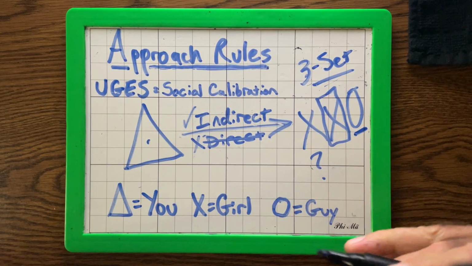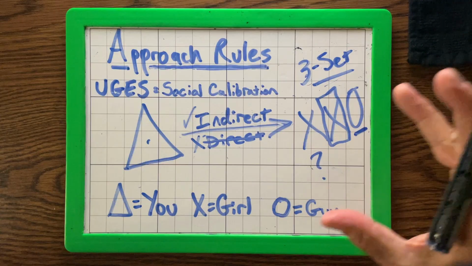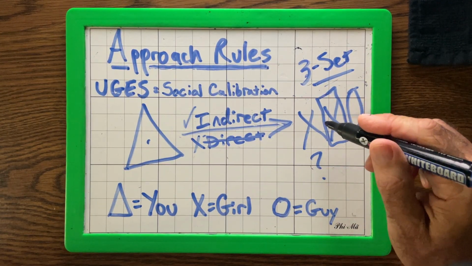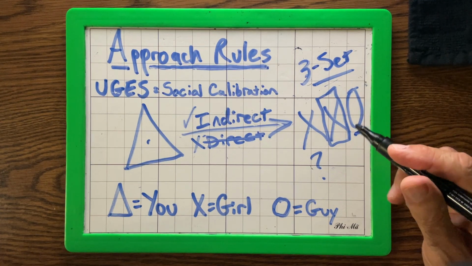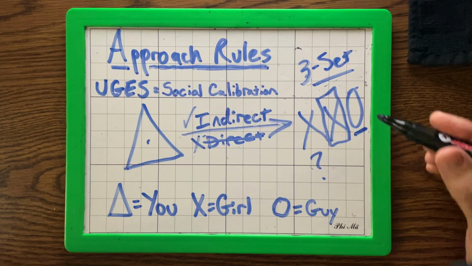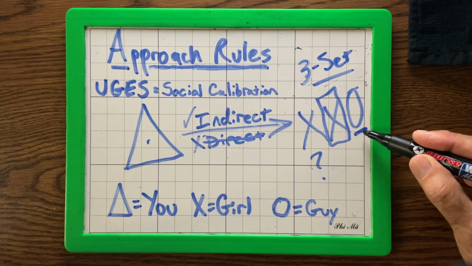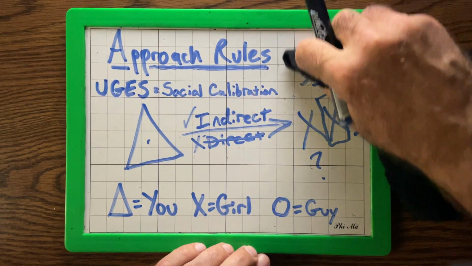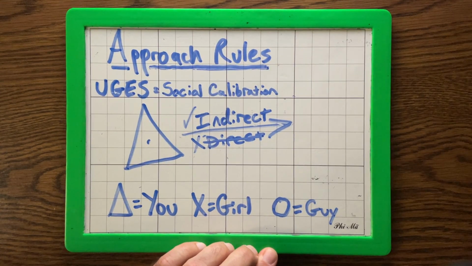Okay? That way you run your indirect cold approach opener just as you would normally. And then you can transition to the girls by saying, hey, introduce me to your friends a few minutes into the conversation. Or, hey, how do you guys know each other? But always open the man if there's a man in the group. Okay, that all seems easy enough. Now let's make it even bigger.